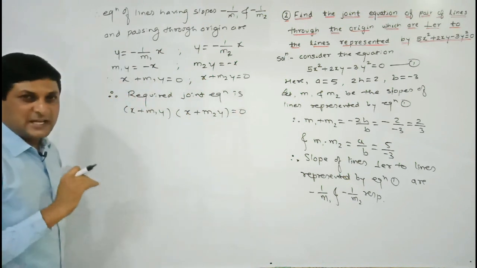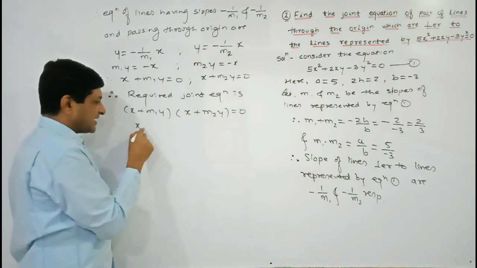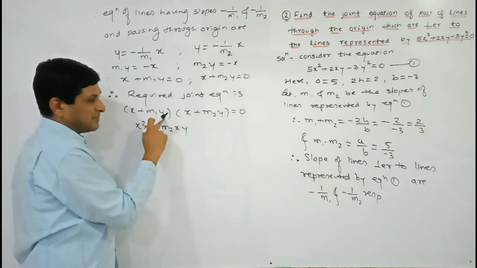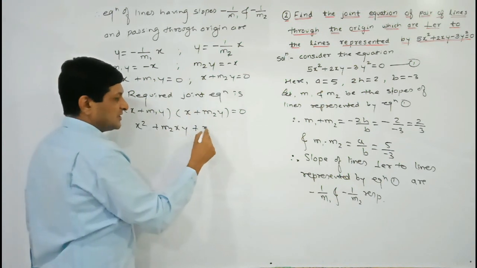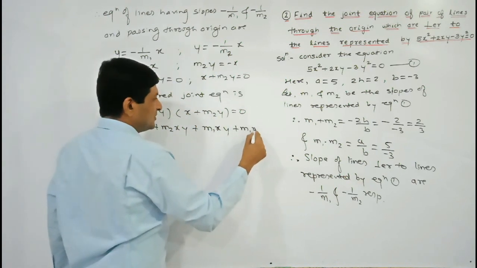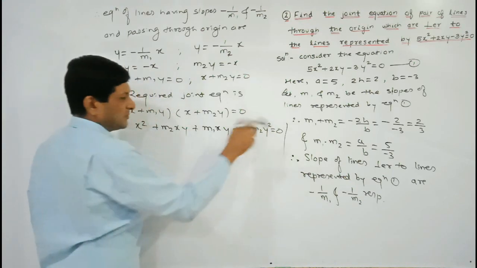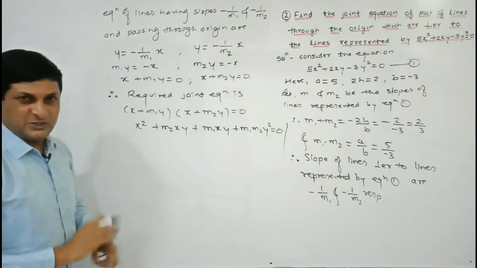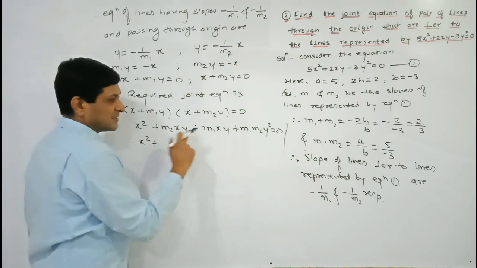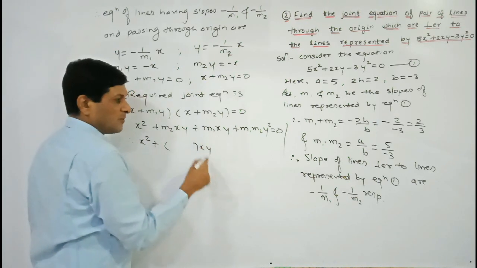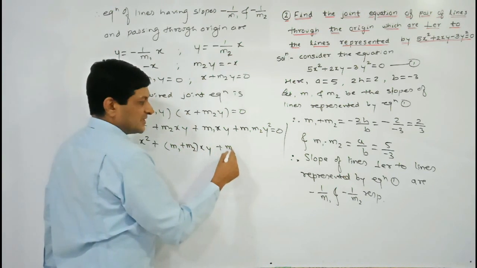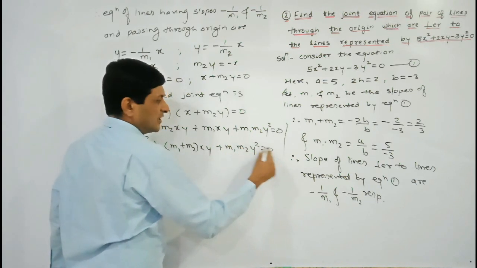So now we are taking the multiplication of these two equations. x into x is what? x square. x into m2y is m2xy. Now multiply m1y to both the terms. m1y into x is m1xy, then m1y into m2y is m1 into m2 y square, equal to 0, keep it as it is. Just simply we have taken the multiplication of these two equations. Now let us simplify it. So keep this x square as it is. I am collecting the terms of xy. If I take xy common from both the terms, here its coefficient is m1 and here its coefficient is m2, plus m1 into m2 y square is equal to 0, keep it as it is.